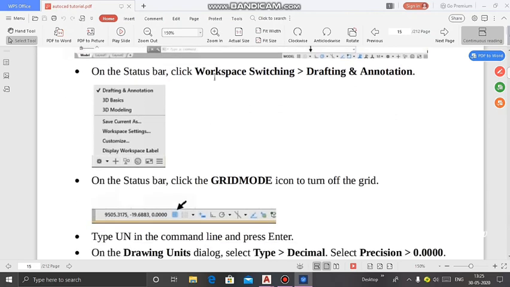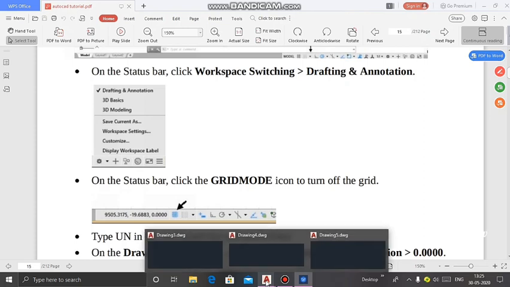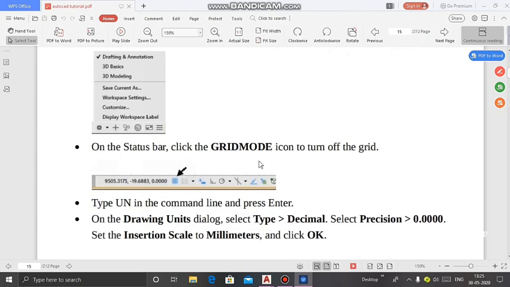Now on the status bar click workspace switching. These are drafting and annotation, annotation, 3D basics. We will choose which type of work we want to perform. On the status bar click the grid mode icon.